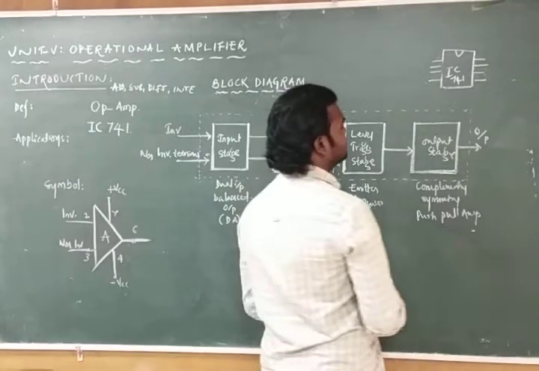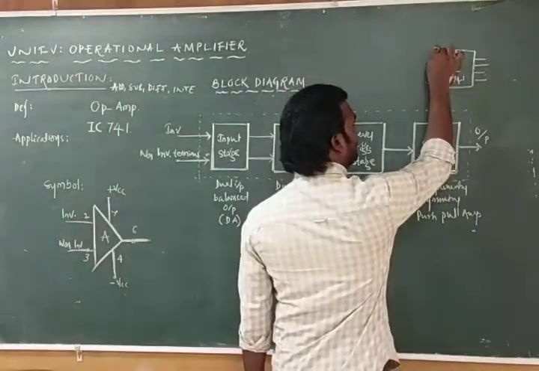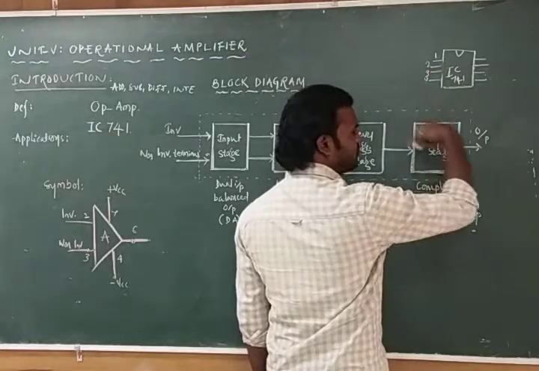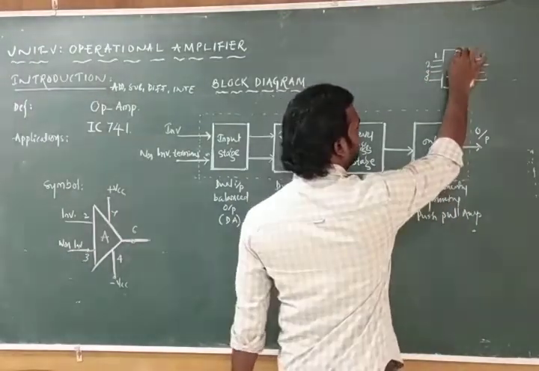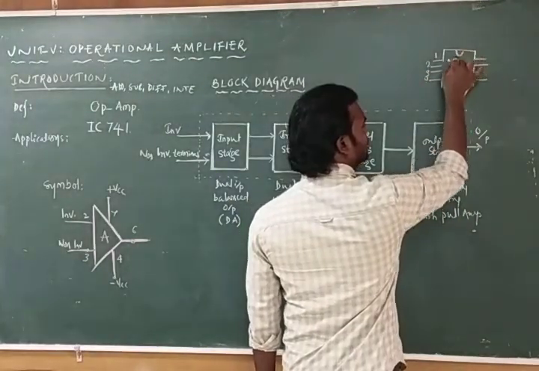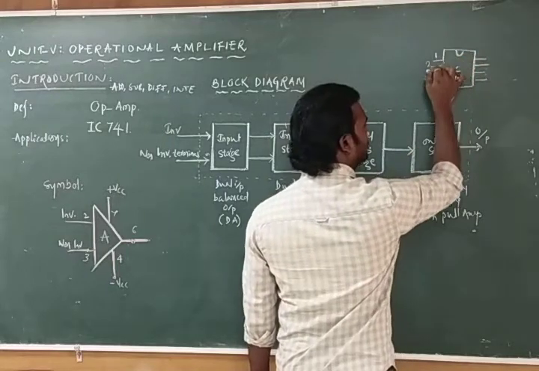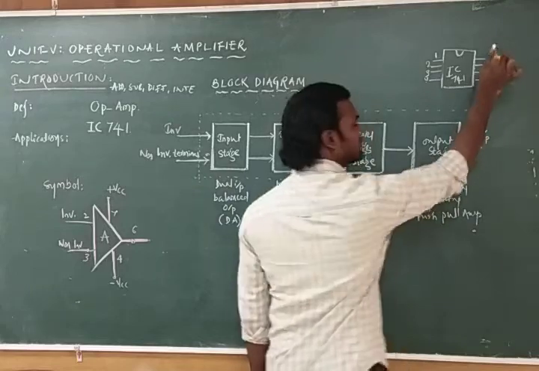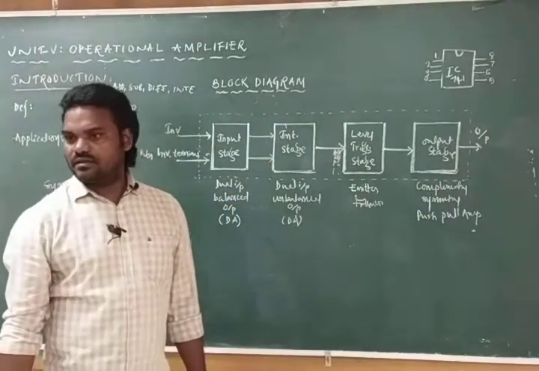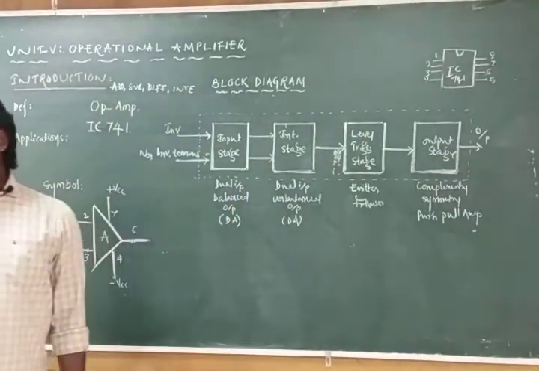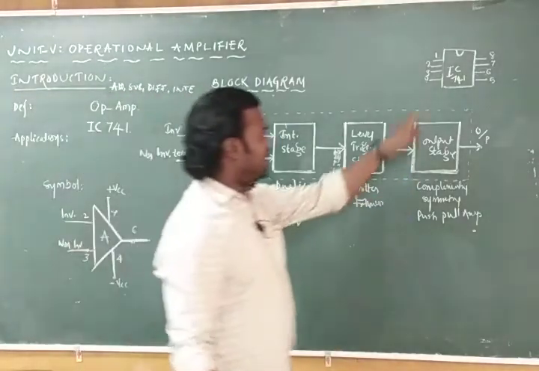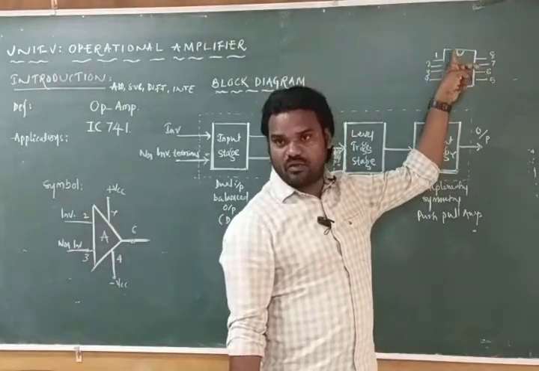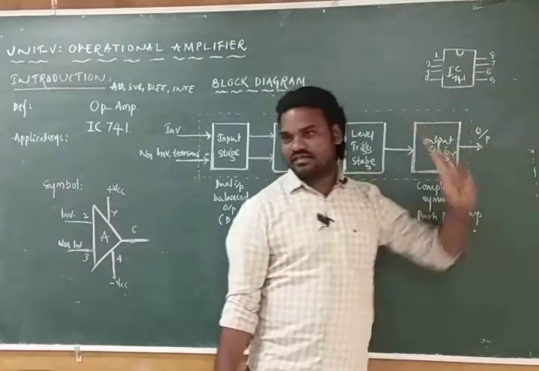Then the 8 pins can be named as here. You can start from here: 1, 2, 3, 4. The next, fifth one, we need to identify. Here the symbol U is mentioned, right? So you have to go like this. So 1, 2, 3, 4 completed. This is 5th, 6th, 7th and 8th. How to identify the pins of an integrated circuit? We must go with the alphabet U. 1, 2, 3, 4, 5, 6, 7, 8.